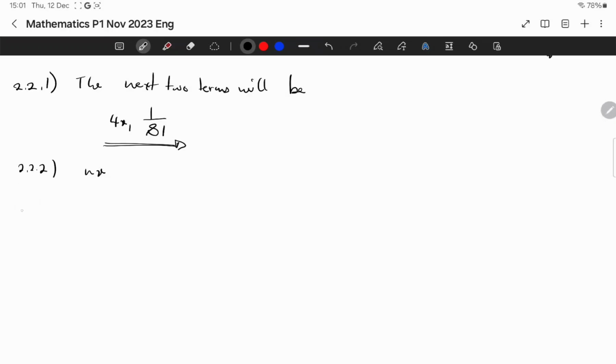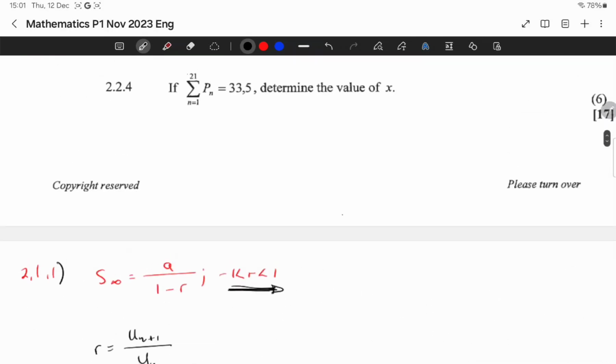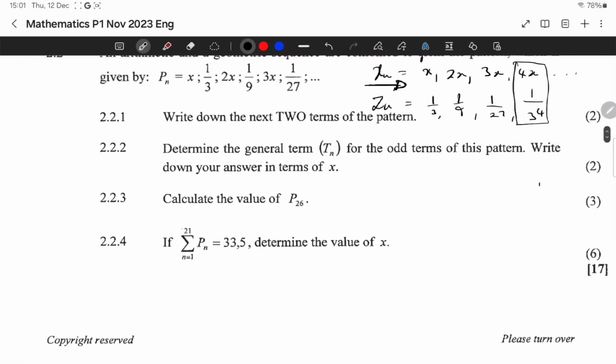And then for question 2.23, calculate the value of